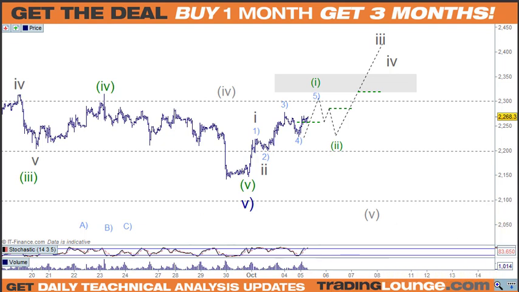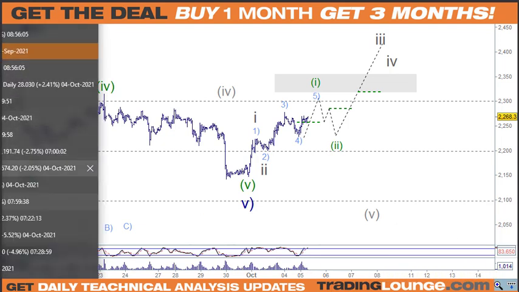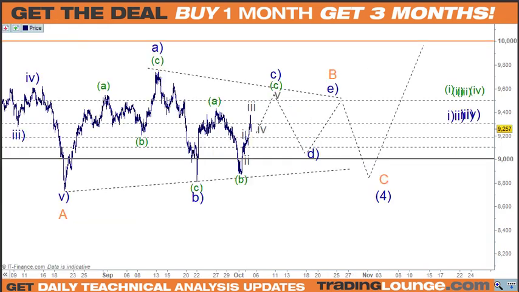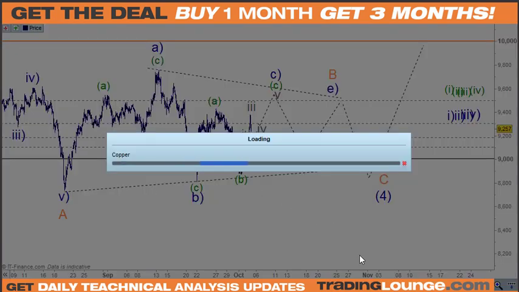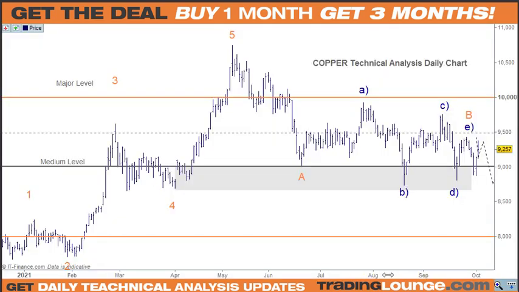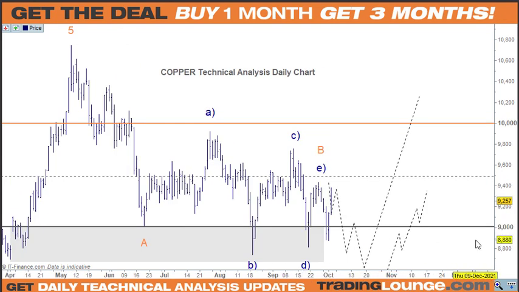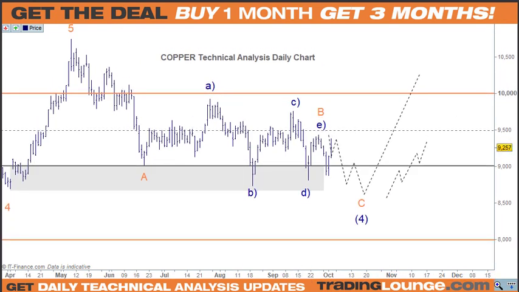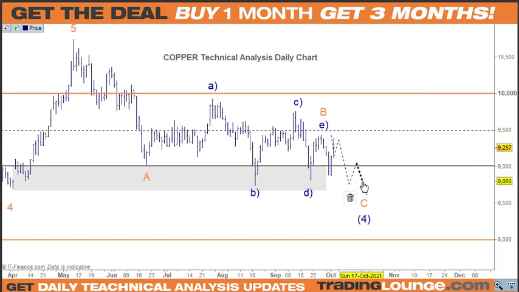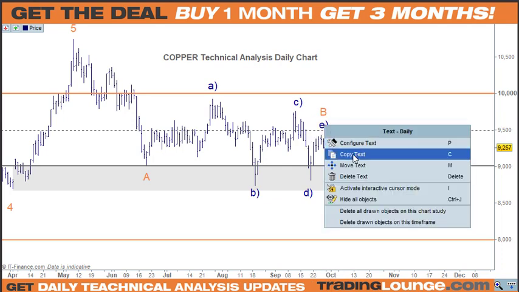Okay, moving on to copper. I think is copper next. Copper will do. So with copper here, let's just go to the daily chart. I think there's something else even bigger and more boring happening here. So let me clean this up a little bit. So what we need to do here is,